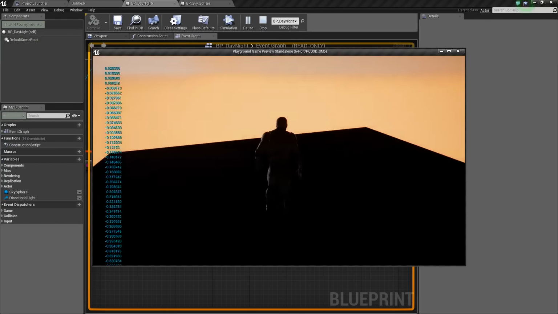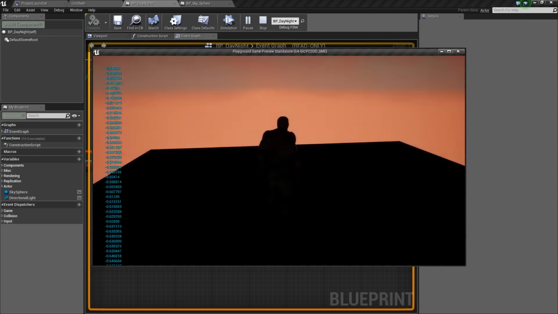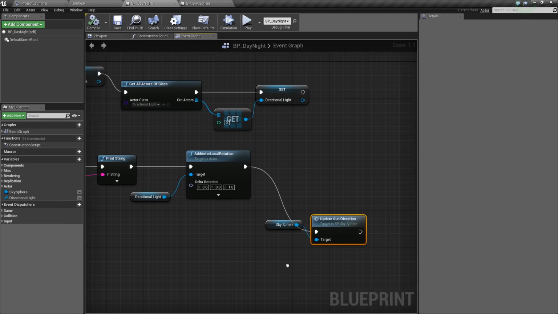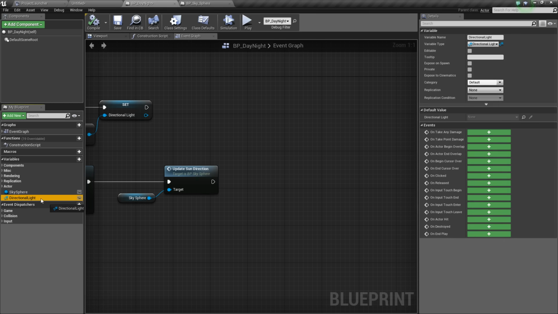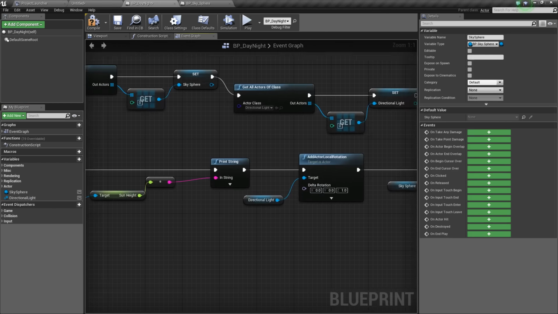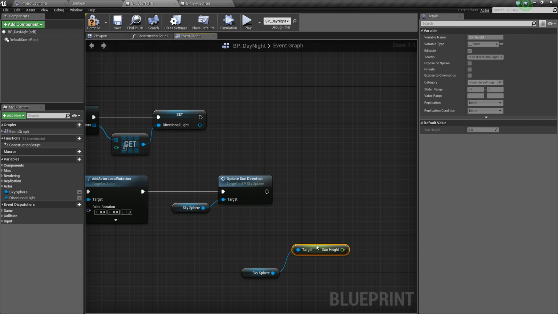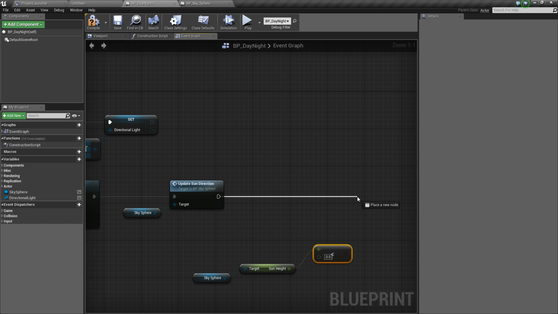And you'll notice on the left-hand side, we have a number there, which is basically where it's at. 0 to 1 indicates above the ground, and 0 to negative 1 indicates below. So in this case, we're just going to check this every tick. We want the sky sphere, we'll get the sun height, and if sun height is less than 0,